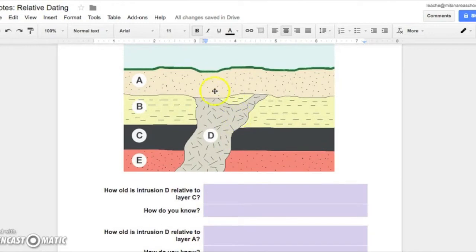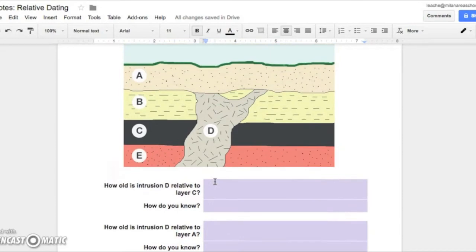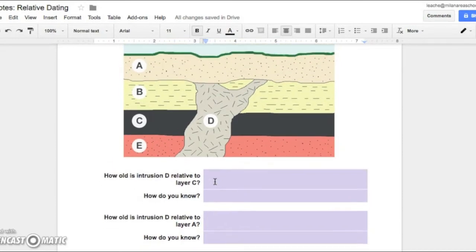Okay, so what we can see here is that intrusion D goes up through B, but it doesn't really cut through A, which means at some point there must have been some erosion that took place, maybe, to get this all even, but then after that, layer A was placed down. So we can say that intrusion D is older than layer A because it doesn't cut